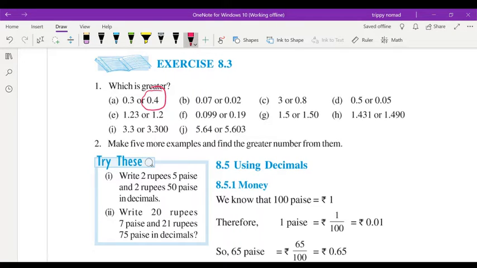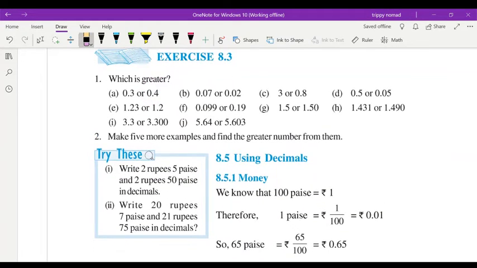You have to write. You do not have to put a circle in the notebook. You have to write 0.4 is greater. Same way, children, you have to do it. I am putting circles so that you will learn how to do it. Okay, and the next one you see here, 0.07 or 0.02. Which one is greater? 0.07 will be greater because this will come on the right hand side of 0.02. 7 is greater. Okay, another way also I am going to teach you. First I taught you by number line, now I am going to teach you by digits.